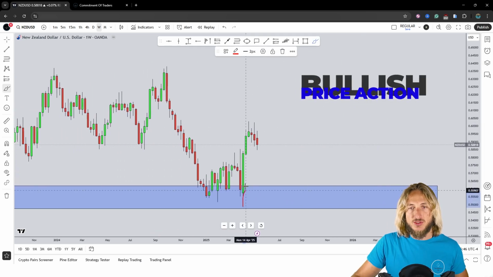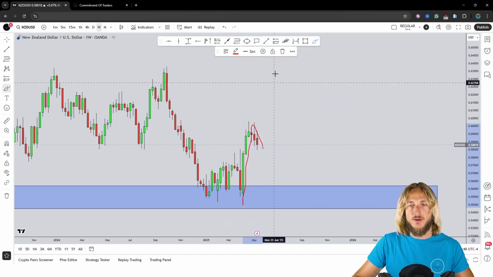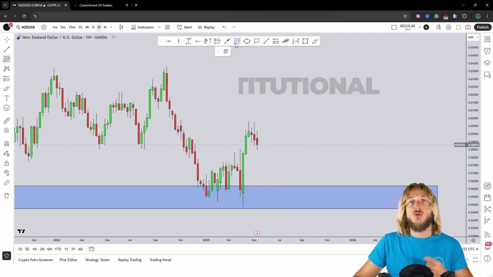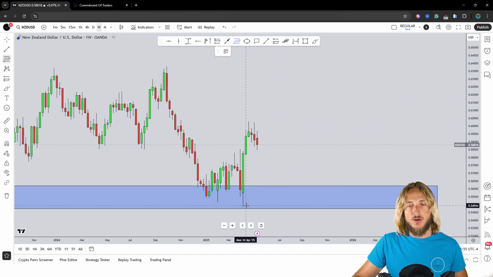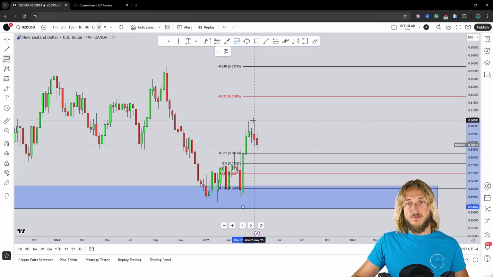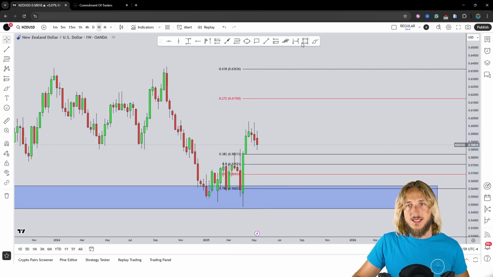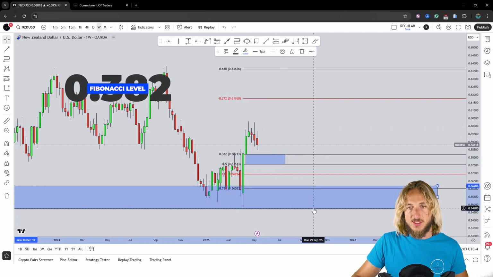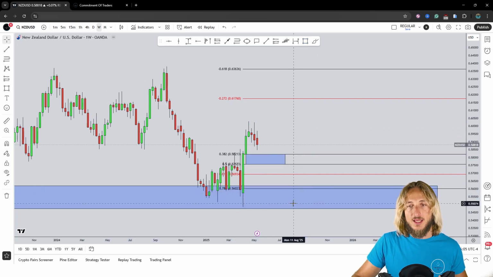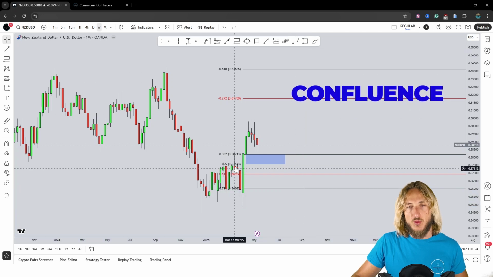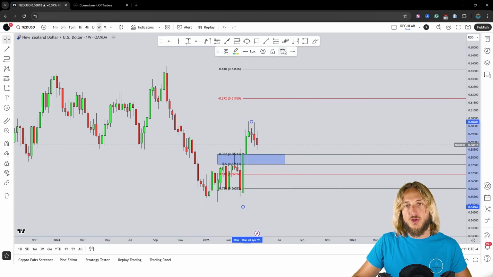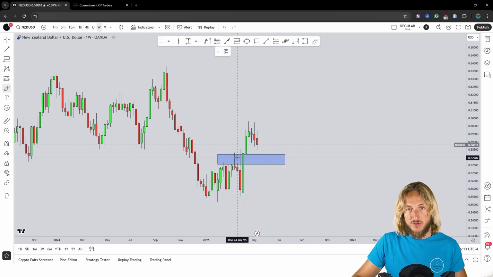We have just created a strong impulse to the upside fueled by this institutional longing, and now we're seeing a correction. If we want to measure the correction, we have to take our Fibonacci from the low to the high of the impulse leg. And what we can see is that we have the 0.32 and 50% retracements, which at the moment here are in perfect confluence with previous resistance turns support from a horizontal structure perspective,